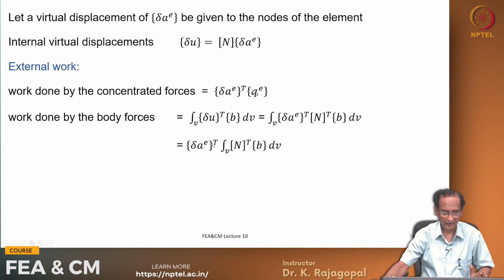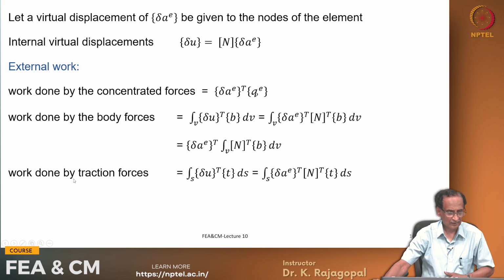So, delta AE transpose integral over volume N transpose B dV, where N is our shape function matrix N1 0 and 0 N2 0 and so on. B is our body force vector Bx and By,